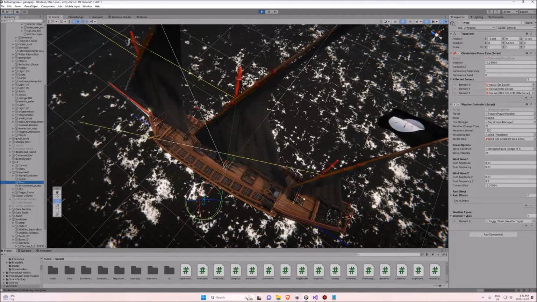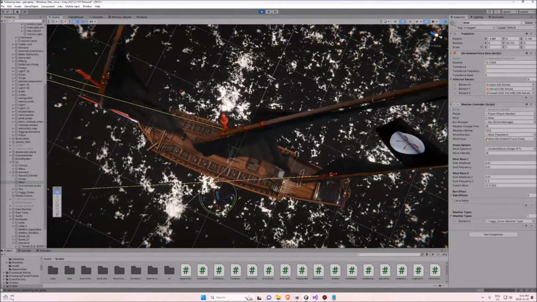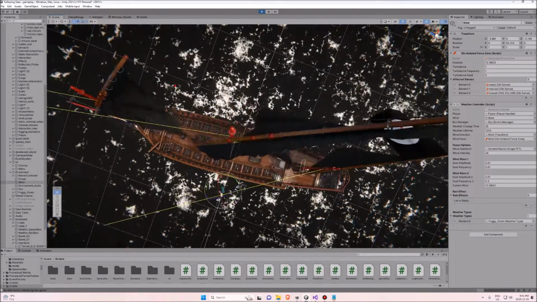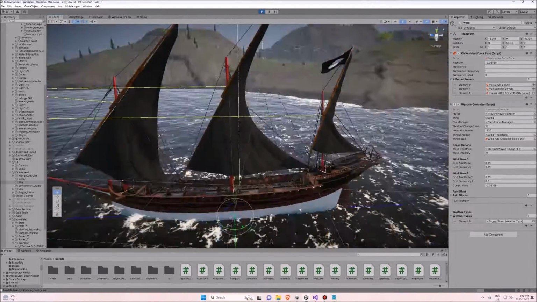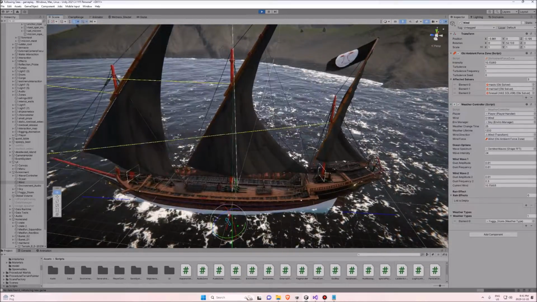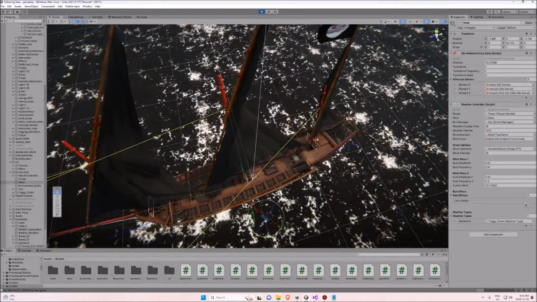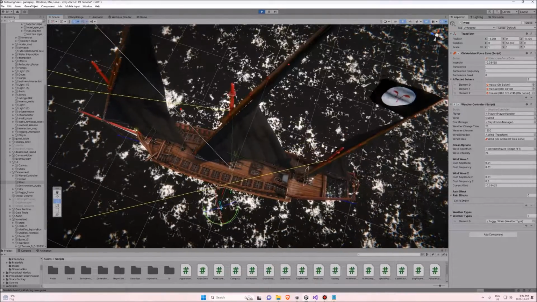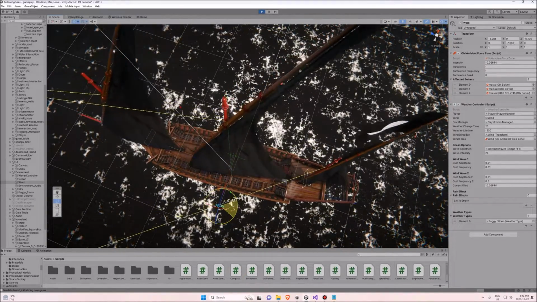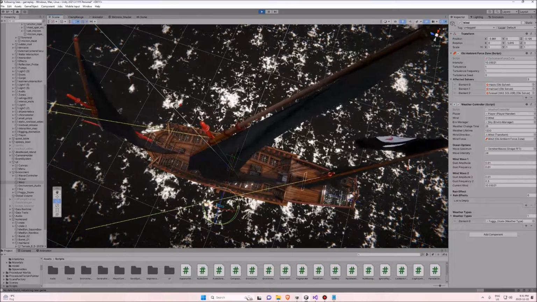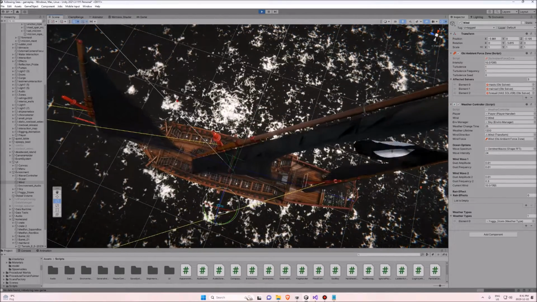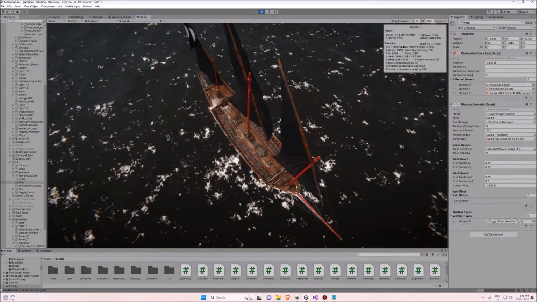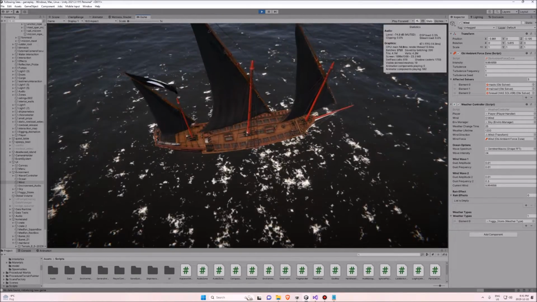So right now the wind is blowing in that direction, and you can see the yards are positioned mostly perpendicular to that because that's essentially what should happen. But if, for example, the wind is coming from directly astern, the yard will attempt to position itself again perpendicular to it just because the wind should fill up the back